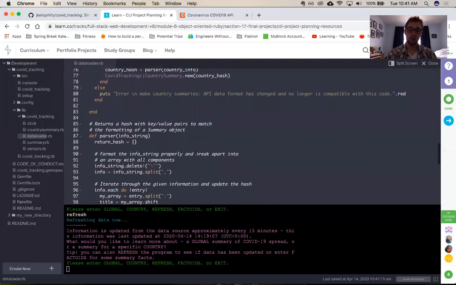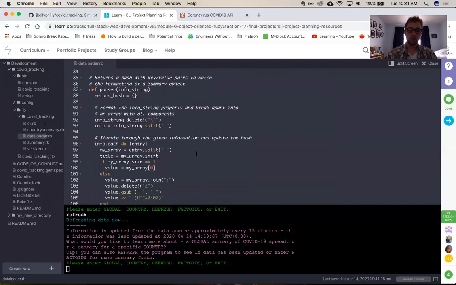A quick look at the parser method. Basically,